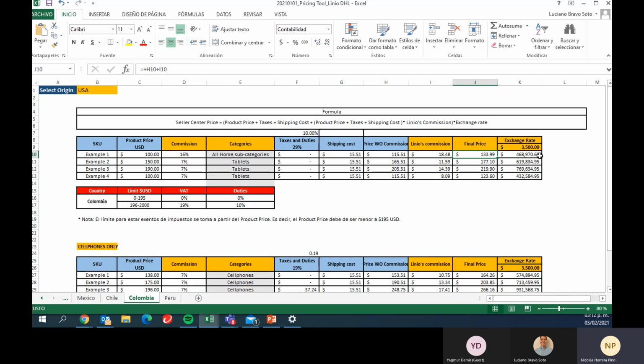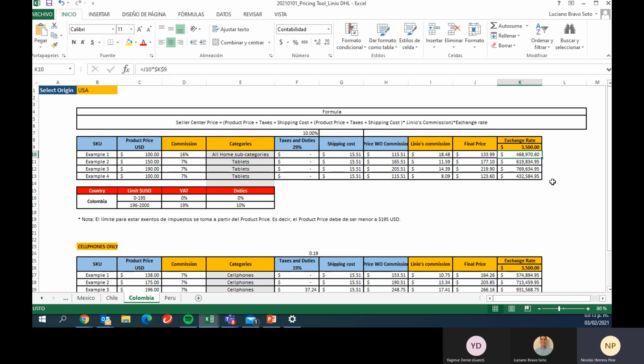So every product that you publish in Colombia needs to be converted to Colombian pesos. So the exchange rate will be approximately 3,500 pesos for $1. So you can see that the price, please don't get scared, this is normal for Colombian customers,